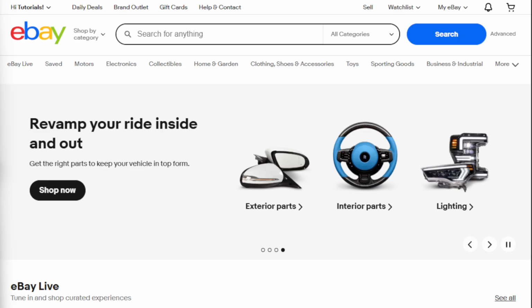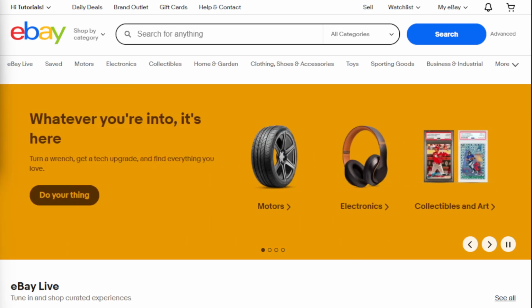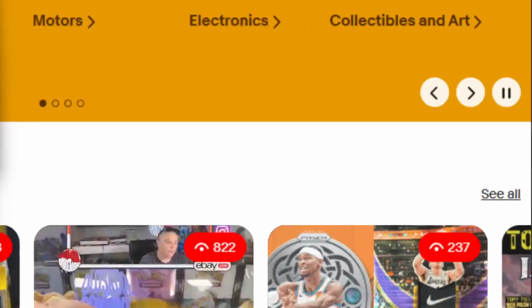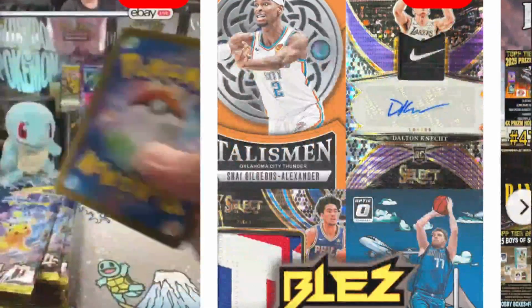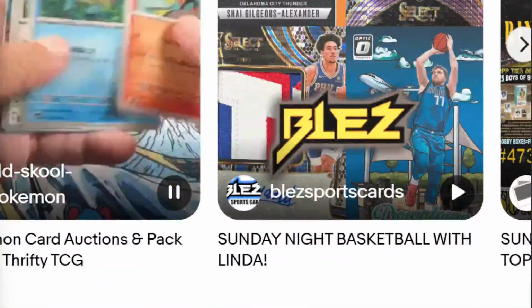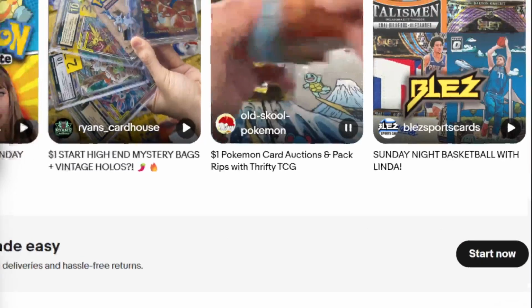Head over to the eBay homepage, and at the top of the page, you'll see a link for the Help and Contact section. Click on that, and you'll be guided to a range of support options, including the eBay contact page. This page provides various channels through which you can reach eBay's customer support team, such as chat or phone support. Connecting directly with a representative can provide you with a better understanding of your situation and additional guidance tailored